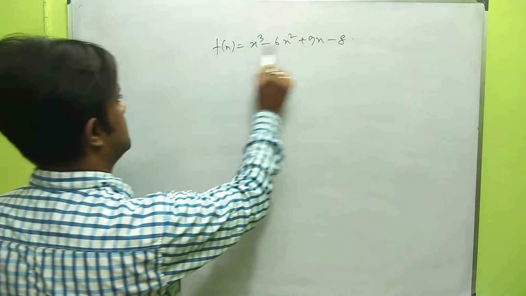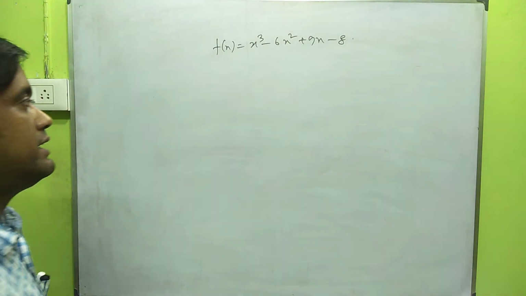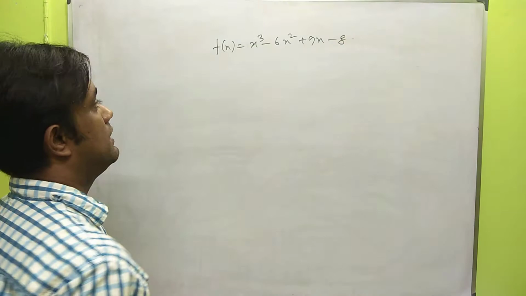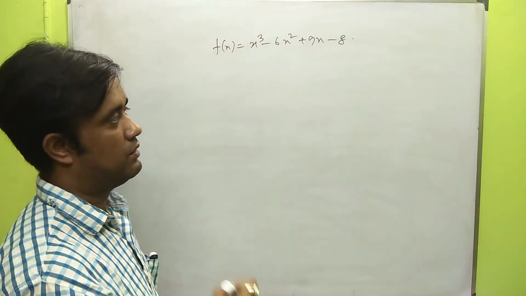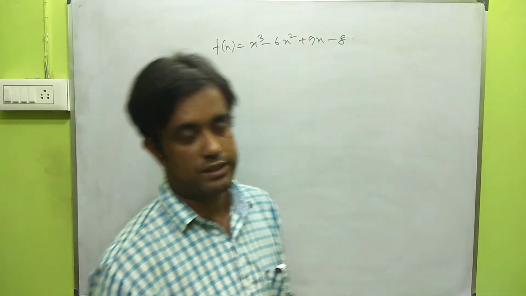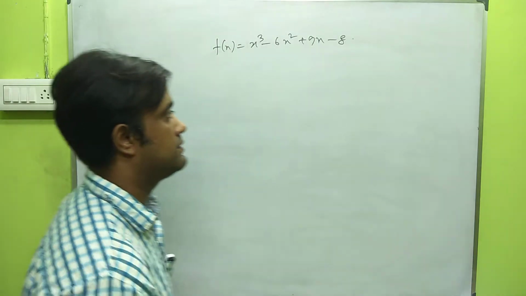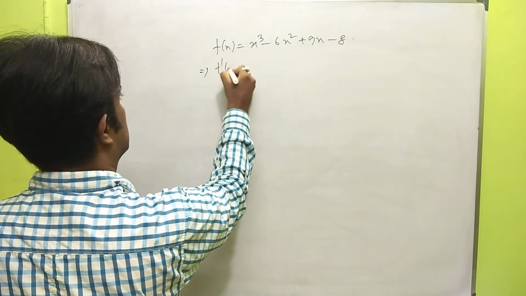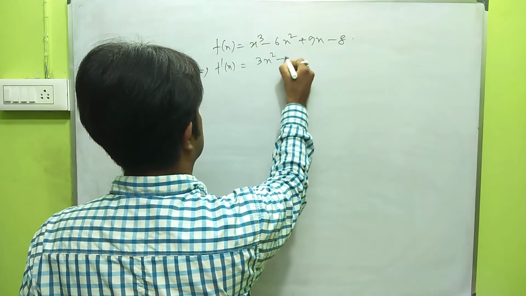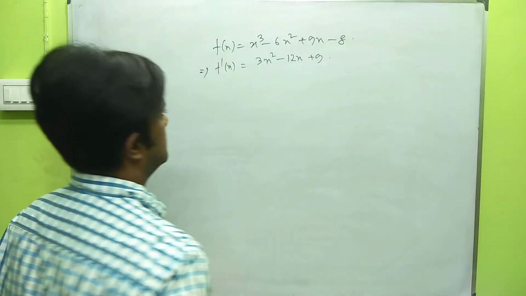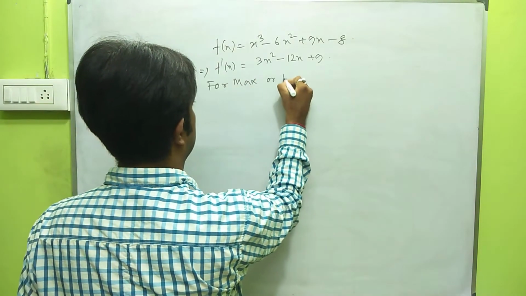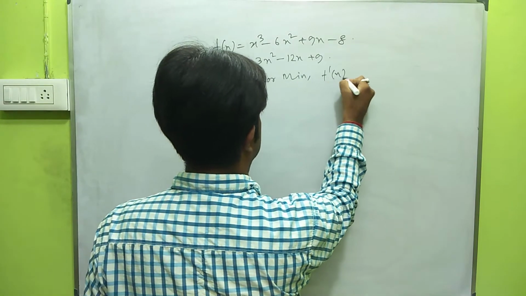It is given a function and you have to find the maximum value and minimum value of the function and find the point also at which the function has maximum or minimum value with the help of first order derivative test. So first we differentiate the function f(x), which will be 3x square minus 12x plus 9. Now for max or min,